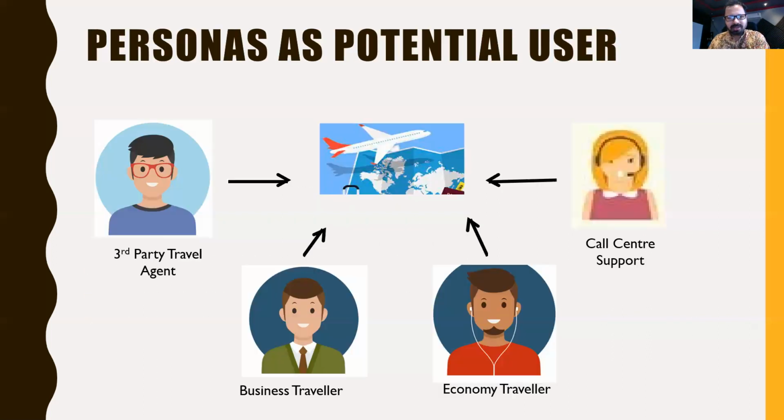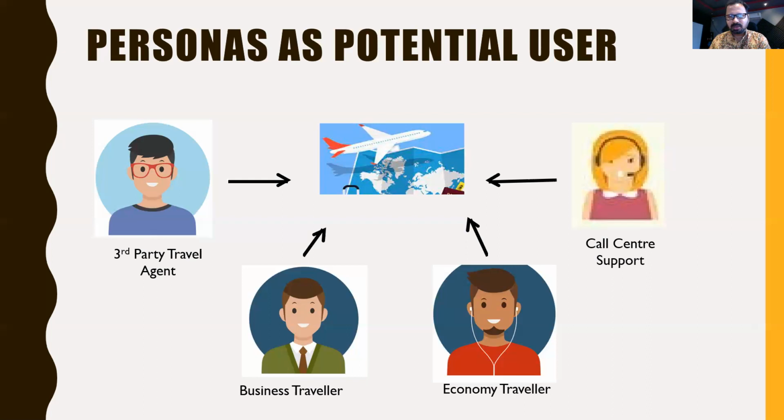As a user role, now what are the various roles we may have, or for whom we may build this functionality? It could be, as a call center support agent, I would like to look up the ticket based on the PNR. Okay, as a call center agent, I would like to book a ticket for the person who is calling me online right now, right? As an economy traveler, I would like to book my own ticket. Business traveler, I would like to book my own ticket. Third party agent or travel agent would like to book tickets in bulk. Maybe there are various personas, and they come here for different purposes, right? So that is how we understand this persona.